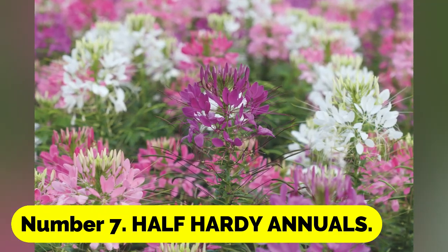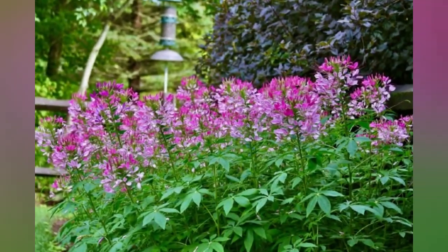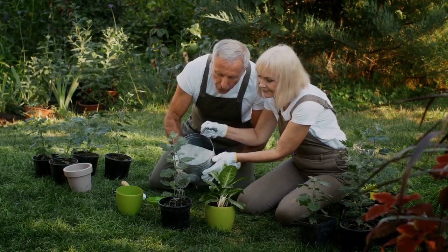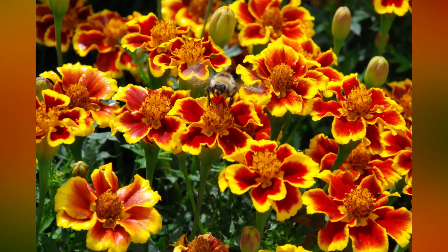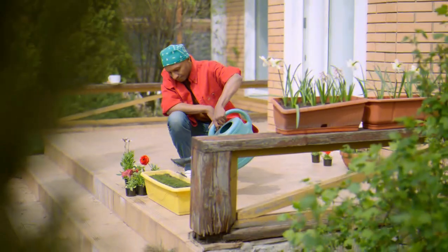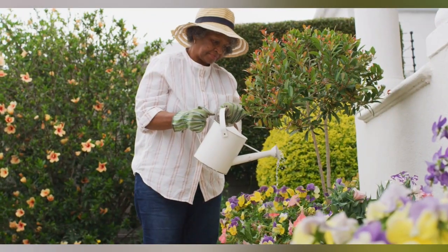Number 7. Half-hardy annuals. Half-hardy annuals should be started in a greenhouse or on a sunny windowsill indoors because they are frost-sensitive. Hardy annuals can be seeded outside now, especially near the end of the month. Half-hardy annuals like Cosmos, Nicotiana, Cleome, Tagetes, and Zinnia add color to the garden inexpensively. They should be ready to plant in mid-spring when the frosts have ended and blossom wonderfully this summer if cared